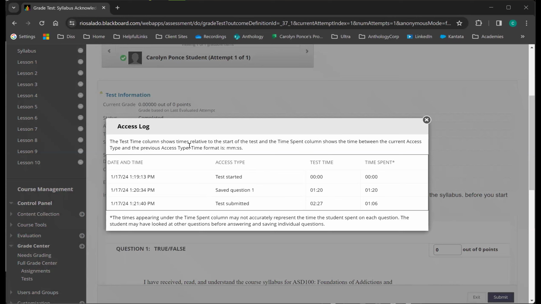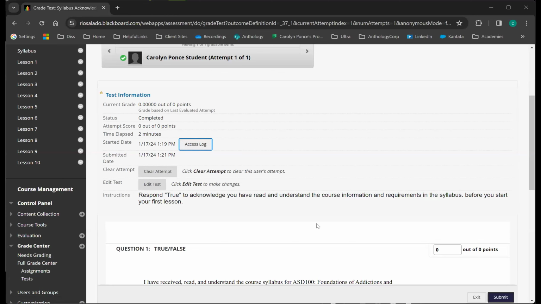For us, this was important, especially if students claimed they got kicked off the internet. I could go in and see where they may have had issues, or if they stopped all of a sudden after one question, that type of thing. You can see the access log for that test.